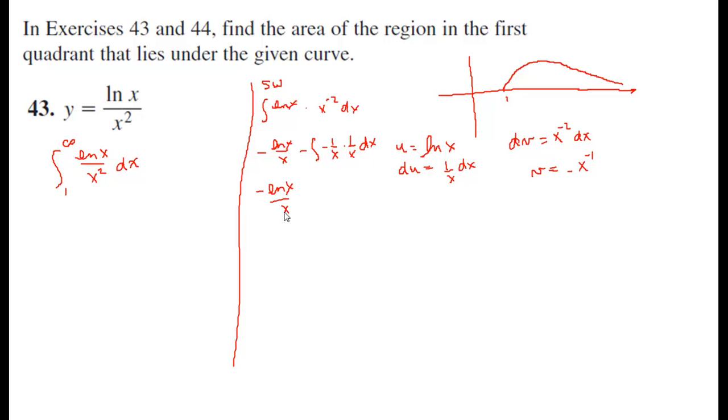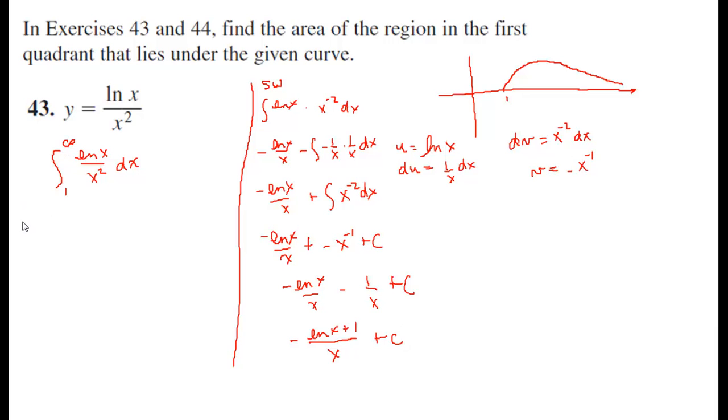Or negative natural log x over x plus the integral of x to the negative 2. This is negative natural log x over x plus, so we add 1 and reciprocal, negative natural log x over x minus 1 over x plus c. I'm going to rewrite that one more time, and that is the opposite of natural log x plus 1 all over x plus c. So let me go ahead and first of all change our improper integral to